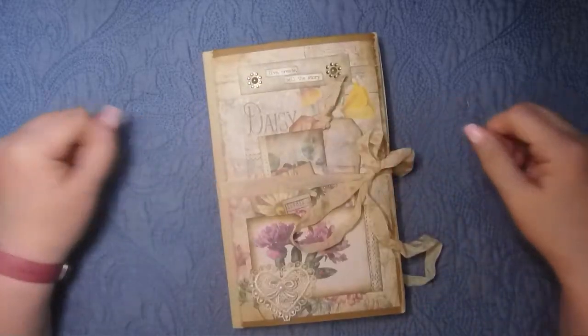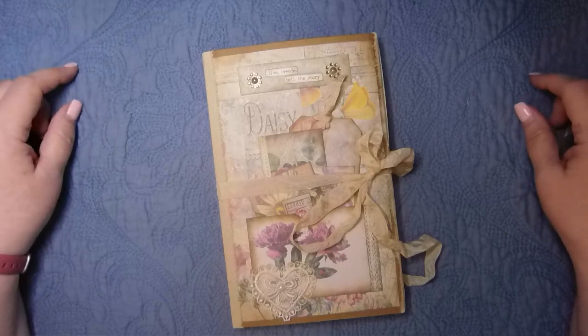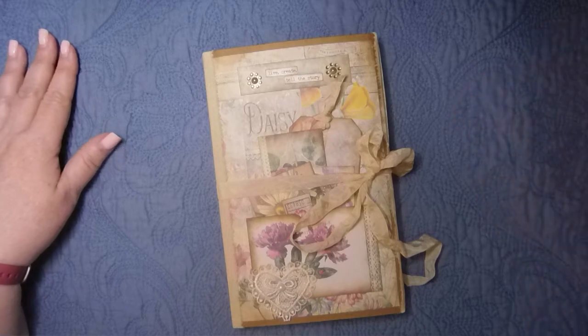Perfect with Gi's collection. That collection again is A Touch of Lace. All the information for this collection will be